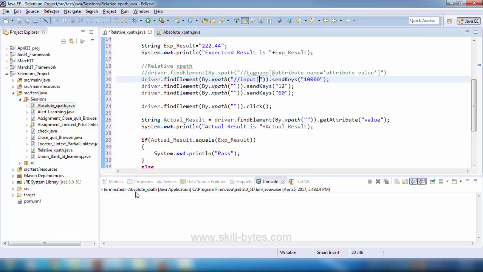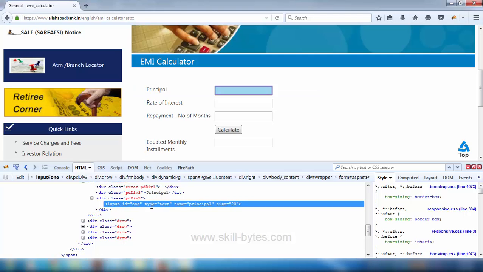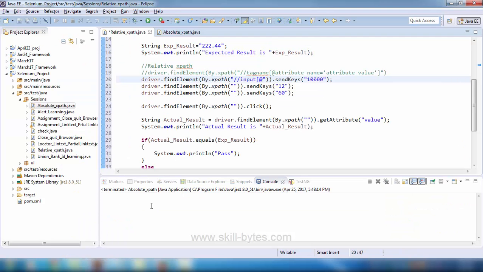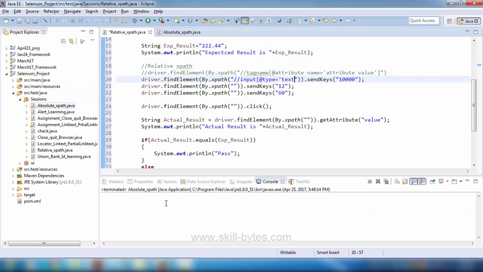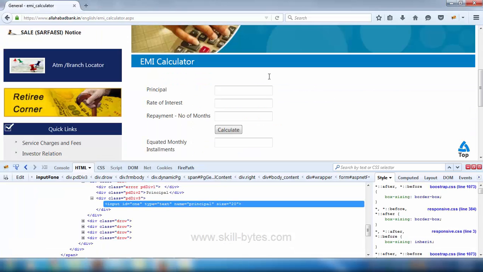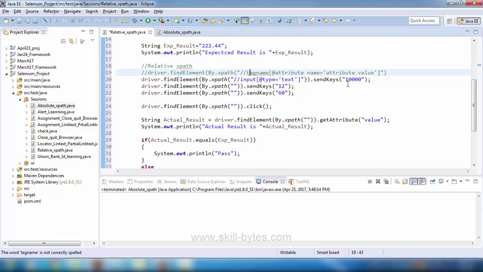Square braces, then at the rate, what is the attribute name? It is type. I pasted it. Then single quote, what is the attribute value? Text. Attribute value is text, single quote, close the square braces. Is that the same thing we did? Tag name was input, square braces, at the rate. Attribute name was type, and attribute value is text. So to have multiple attributes,